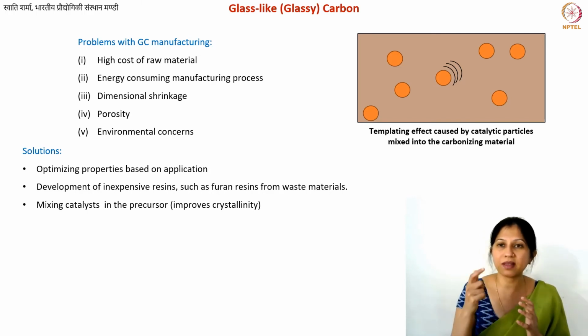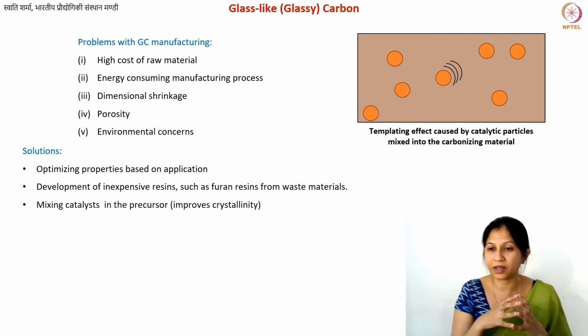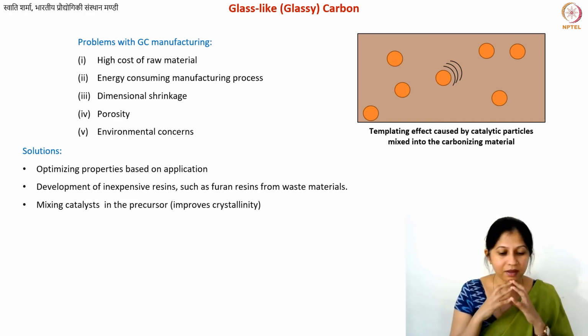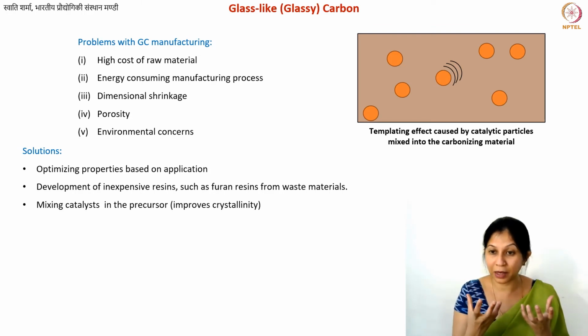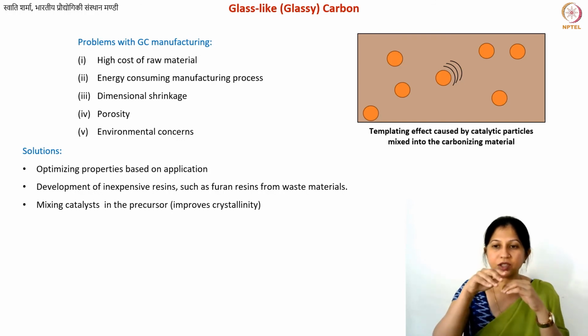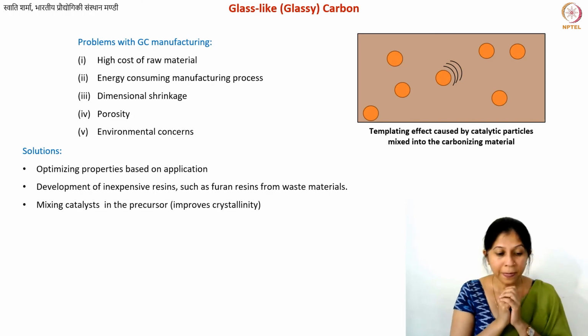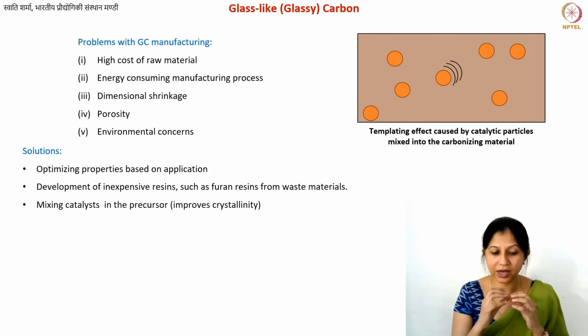Okay, now what happens is, you see these three lines I have indicated on top of these metal particles. When your matrix is carbonizing, this polymer is carbonizing, then if you have these metal particles, just close to them you will see more graphitic regions. There are various mechanisms that are proposed for this. For example, you have this metal carbide formation, and then the graphitic carbon is precipitated out of it.